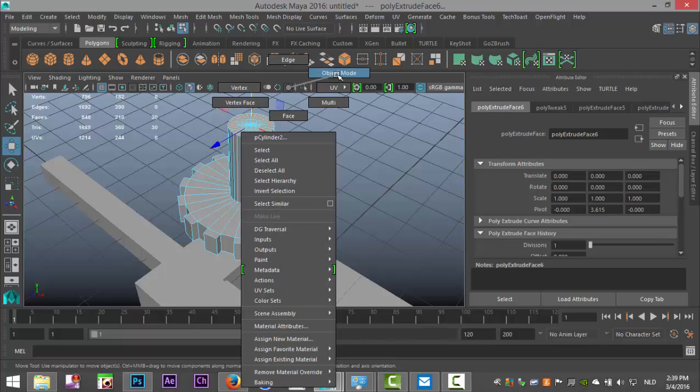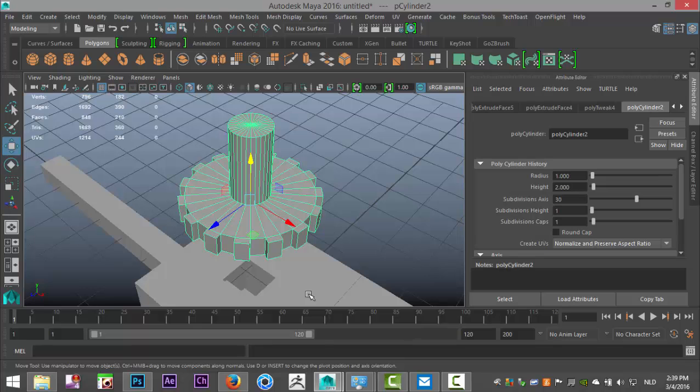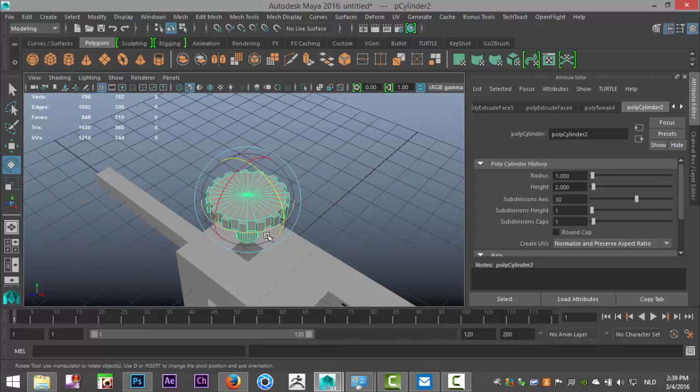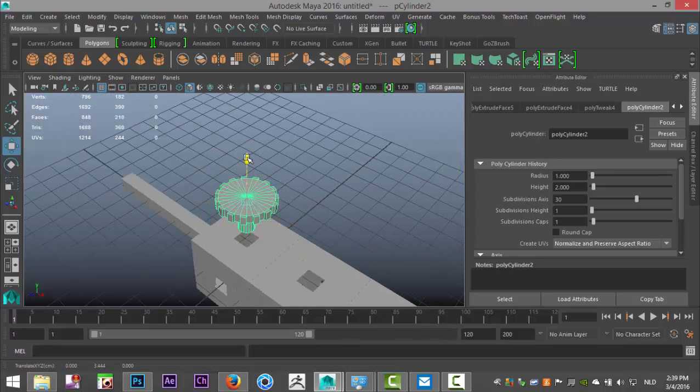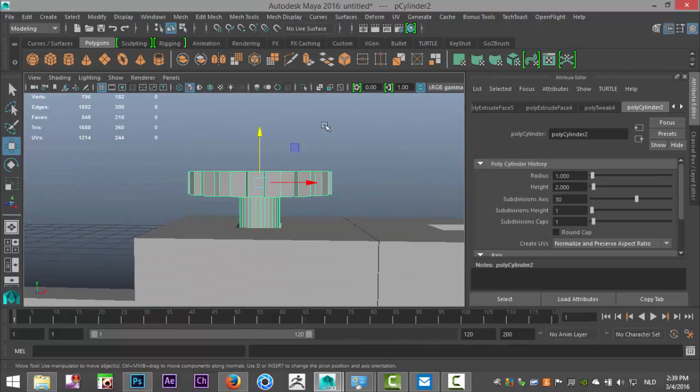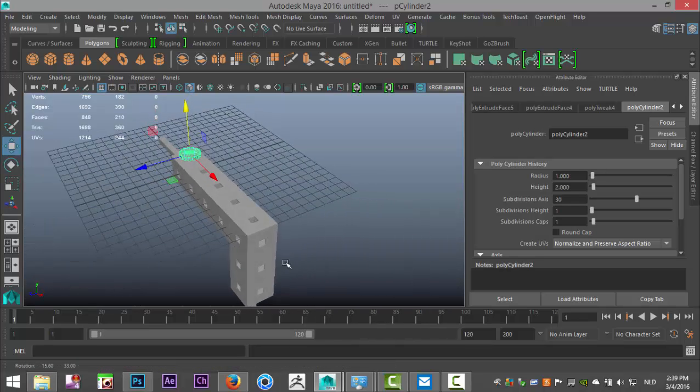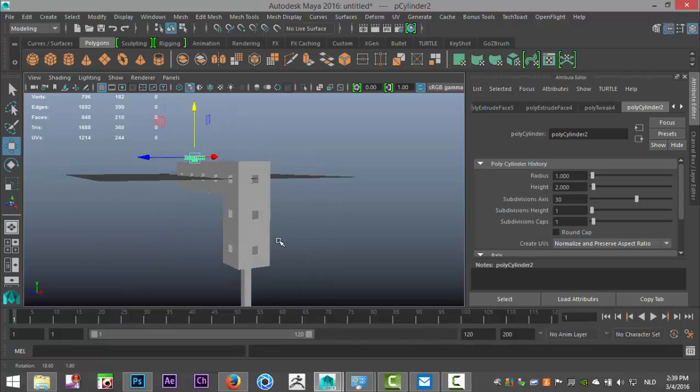Now in this case we need to rotate the whole thing. So right click, object mode, hit E to rotate, hold down J to snap it around until we're at 90 degrees. And hit W and bring that in to about there. Okay. Now what we're going to do next is put a little connective piece